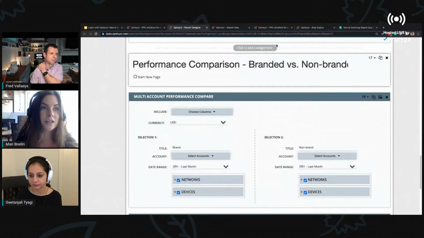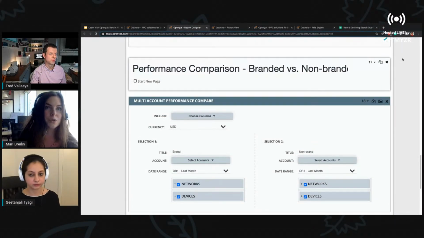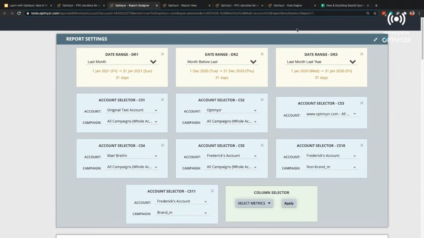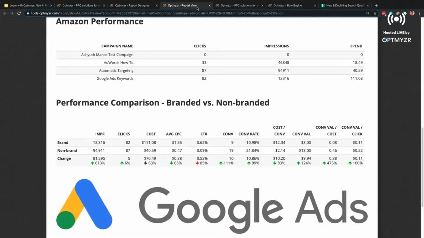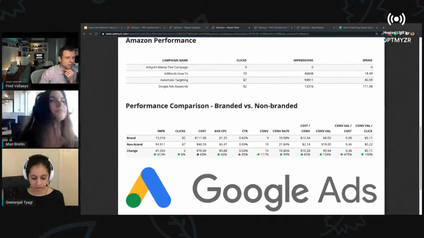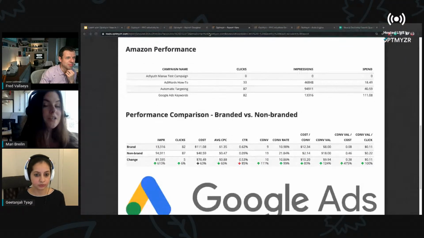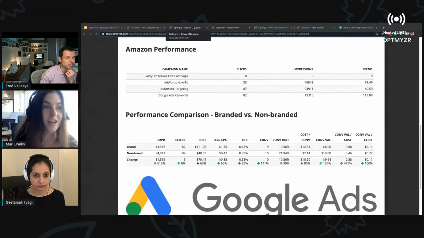Exactly, and these are Optmyzr native labels, and you can find them when we scroll all the way up to the beginning of the report, and as it loads, sorry, I am in the wrong view here. Looks like I have a little bit of technical difficulties here, but there's a direct pathway to managing labels in